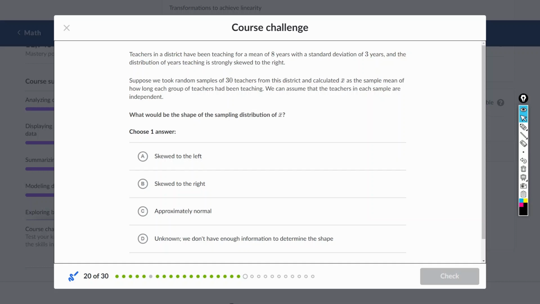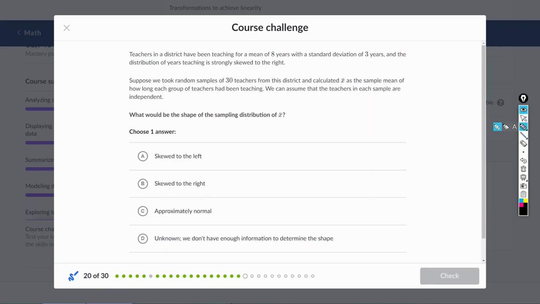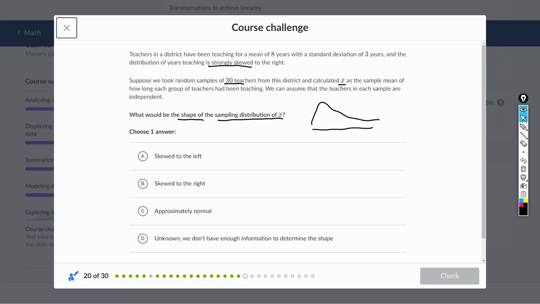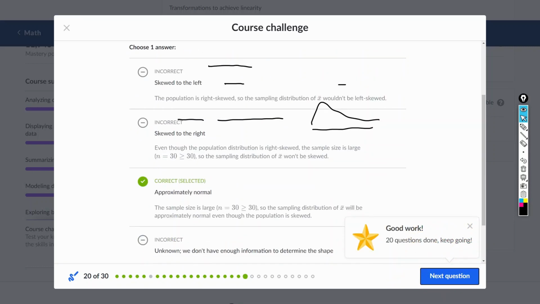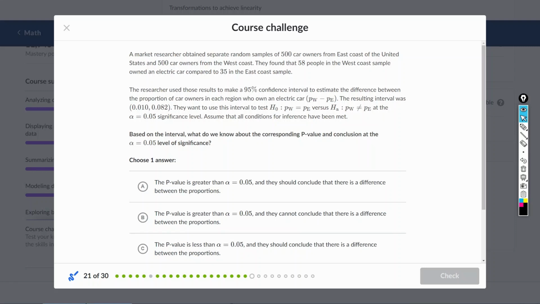standard deviation 3, strongly skewed to the right. Suppose we took a random sample of 30 teachers from the distribution and calculate x bar. We can assume the teachers in each sample are independent. Which would be the shape of the sampling distribution of x bar? 那么因为它已经取了30个 sample，那我们可以认为它基本上是 normal 的，它满足了大数定理。对，sample size greater than 30。